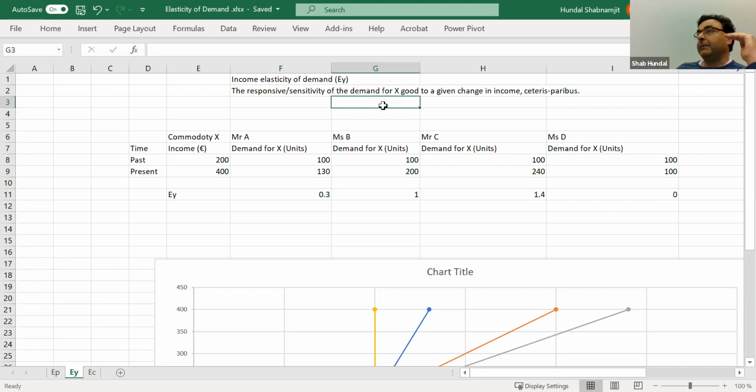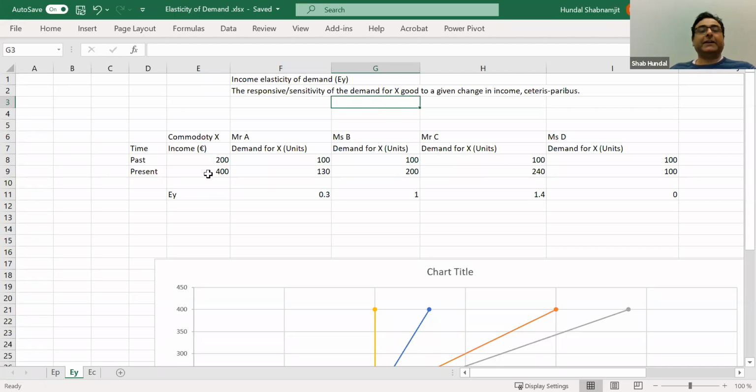I'm talking about the usual normal products. When you become richer, when you have more income, you consume more. Now most of you are students, but once you have a full-fledged job and your income is several times more, I don't think you will be having the same amount of demand. The same products, maybe you will demand more. Because now you might be having limited income and you think, you know what, I don't want to go beyond my means. But once you have a proper increase, a larger, higher regular income, then you will be consuming more.